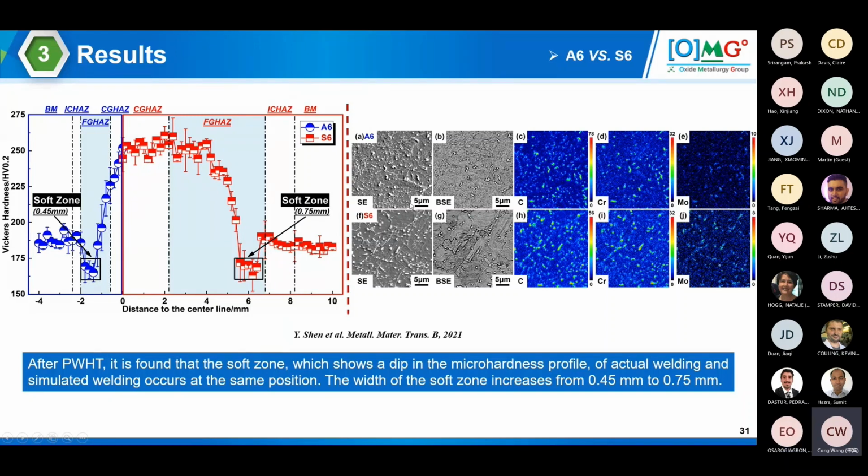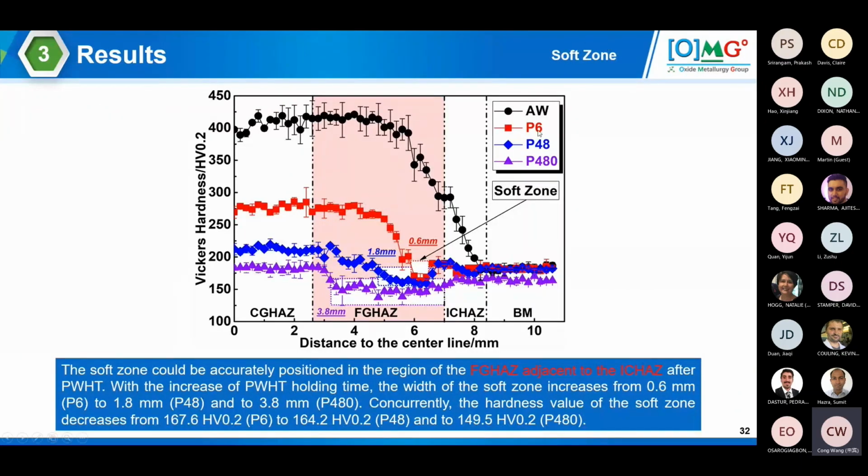They're actually very similar to each other. So we have done this for 6 hours, and we also tried to do this for extended durations, for 48 hours, and also a very long one, 480 hours, 20 days. And what we are able to contribute by using this technique is that we are able to accurately position